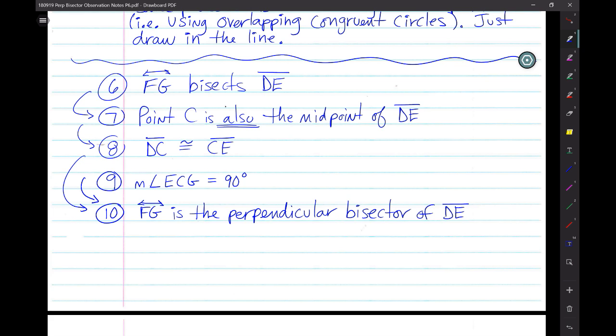So line FG is the perpendicular bisector of segment DE. All right, now look, if you look at observations 1, 2, 3, 4, and 5, and 6 through 10, you can see we've basically done the same thing, but we've established it with two different lines. So we established that line DE was the perpendicular bisector of our original line segment AB. And then by constructing a new set of circles, we established that line FG is the perpendicular bisector of segment DE. And hopefully, as I say those out loud, you can find what I'm talking about